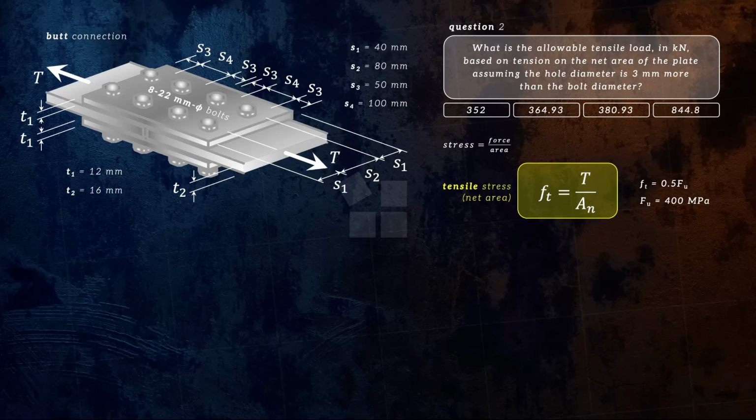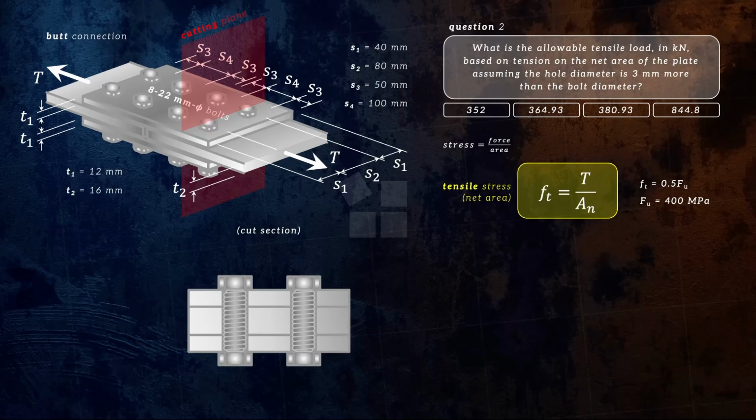To better understand the net area, let's introduce a cutting plane that will cut our connection specifically at this part, hitting the bolts of the connection. If we consider the cut section, it will look something like this. Notice that not only the cross-section of the plates are clearly seen, but also the cross-section of the bolts used